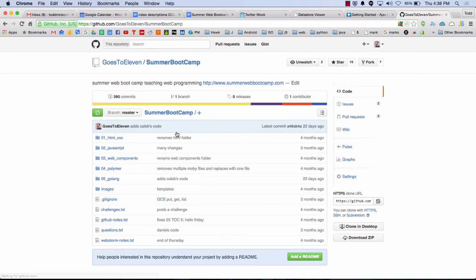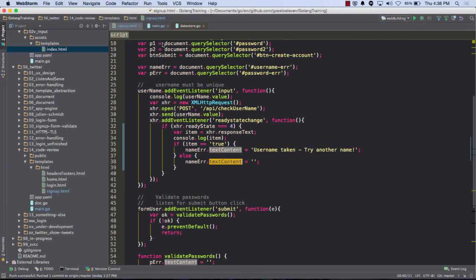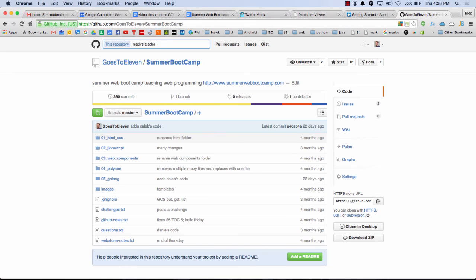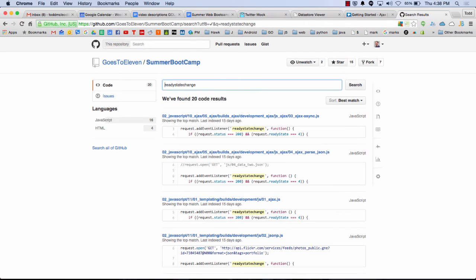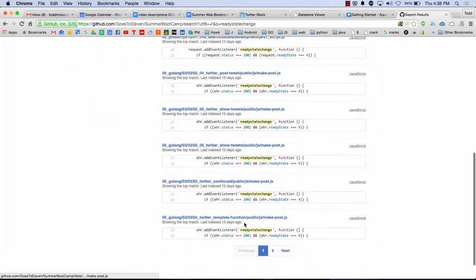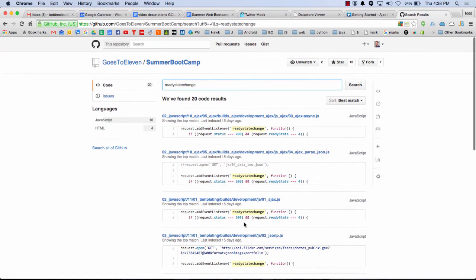I could search this whole repository for readystatechange, and boom, here are all the files with that in it. I can start looking at examples from Bootcamp. I like the way JavaScript was explained by Ray Villalobos, so let me take a look at the different ways Ray explained it and see how he did it. That's really cool about GitHub.